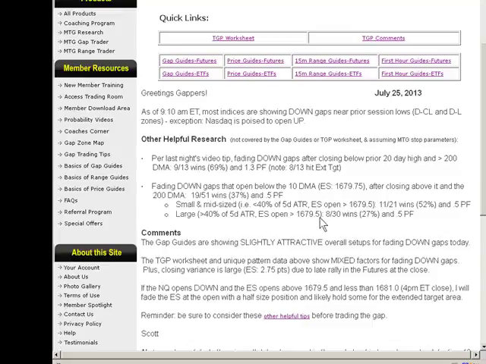On a sample size that's admittedly small, but still, that's skewed enough to concern me. And today, with the gap guides only being slightly attractive, mixed data with this staring me in the face on a down gap, and mixed opening directions. The Nasdaq was opening up, and large closing variance, almost a 3-point difference between the 4 and 4:15 closing price. This just wasn't worth it for me unless we opened less than 40% of the 5-day ATR, inside of the prior lows,